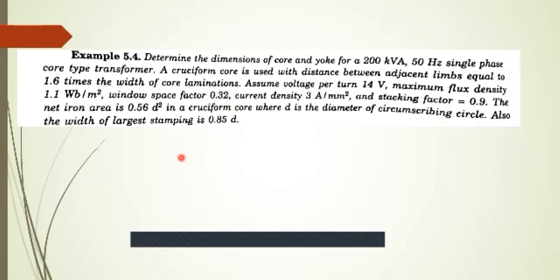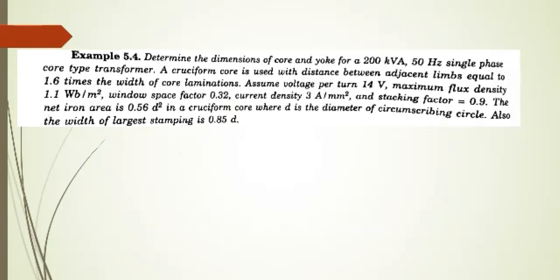Okay, so let us try to solve this question. You can just write down this question, take a snapshot for further reference. The dimension of core and yoke is what you have to find out. The rating of the transformer is given as 200 kVA 50 hertz single phase core type transformer. The type of core we are using is the cruciform core,